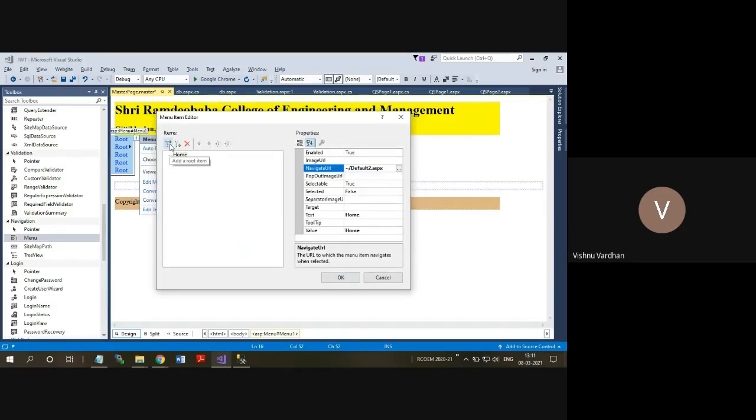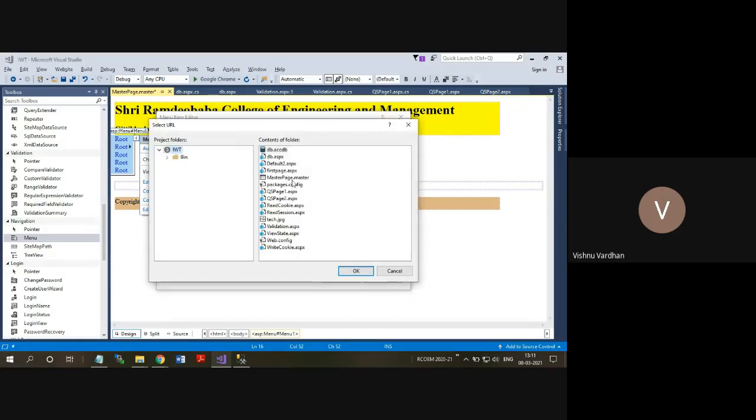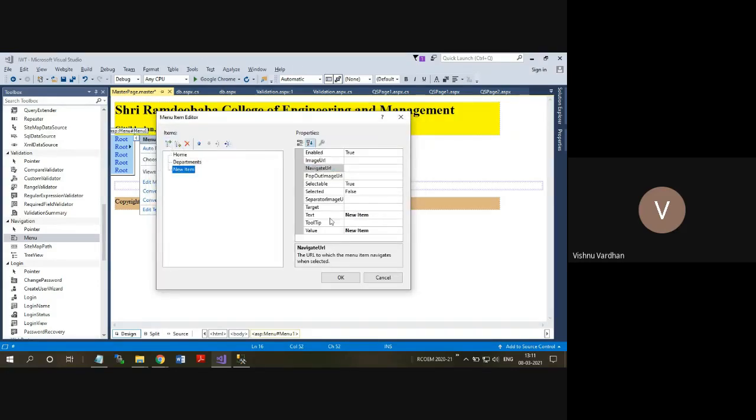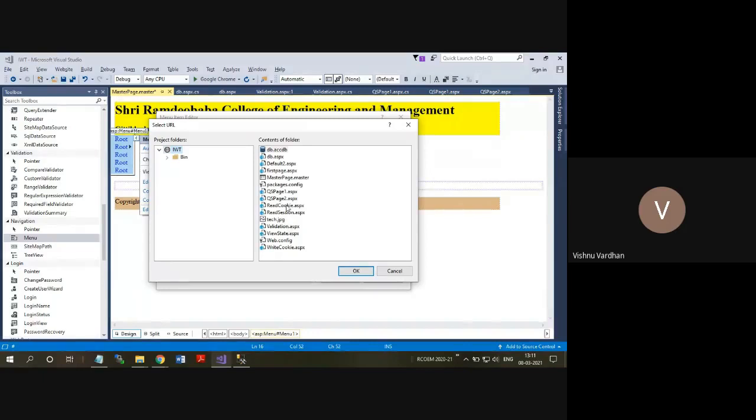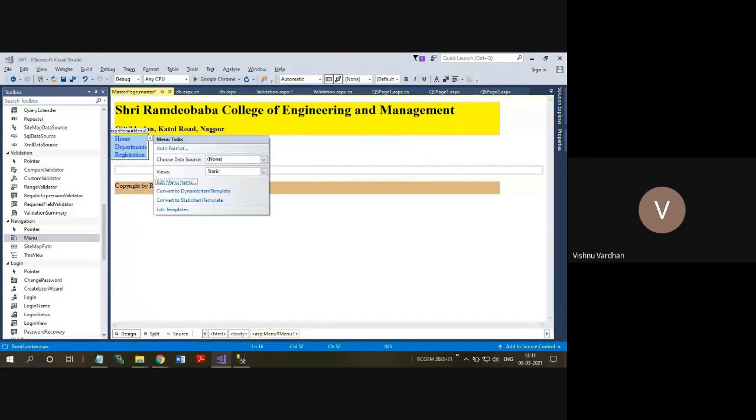Then add one more, which can be Departments. The departments page can have some information. Then Registration: you can create the structure in that way. The registration page goes to registration validation. In that way you can create it, and you can set the properties also.